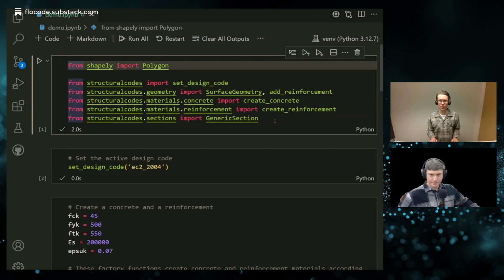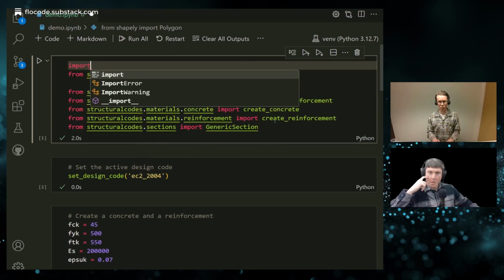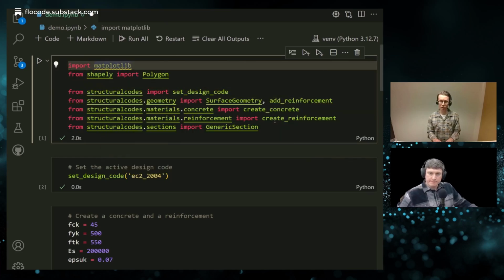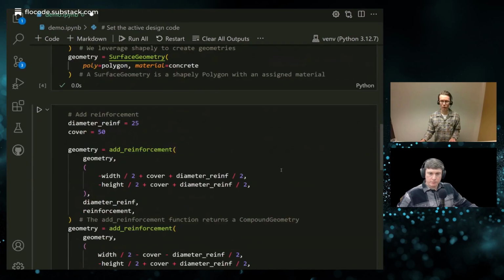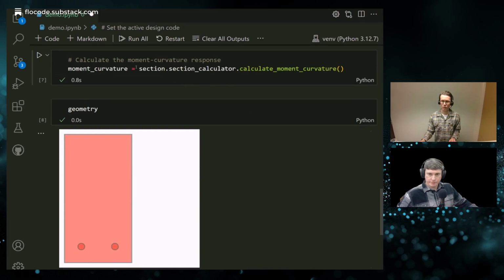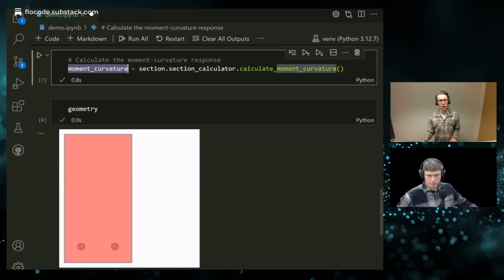In order to have some more visualization there, let's import matplotlib and also plot the response. So in this environment that we're running now, I have also pip installed matplotlib. So we can do import matplotlib.pyplot as plt, for example. So we can go back to the bottom here, and we see this call to calculate moment curvature returned a moment curvature result object.